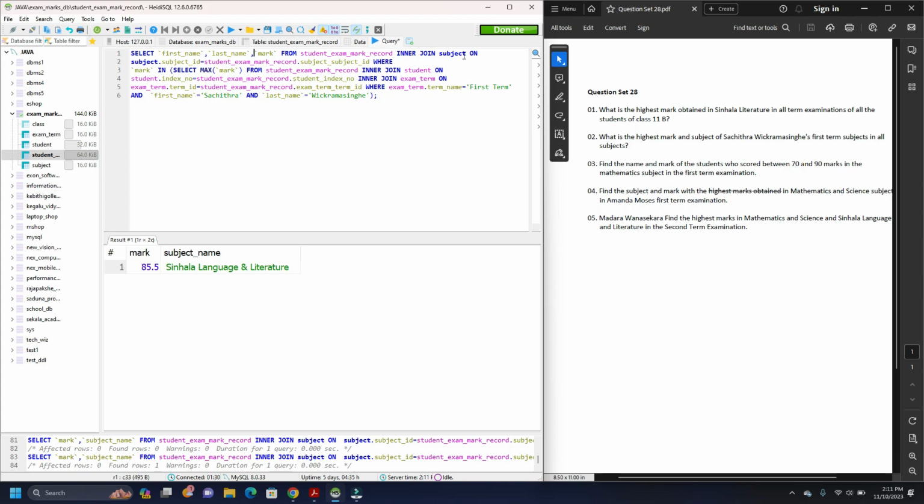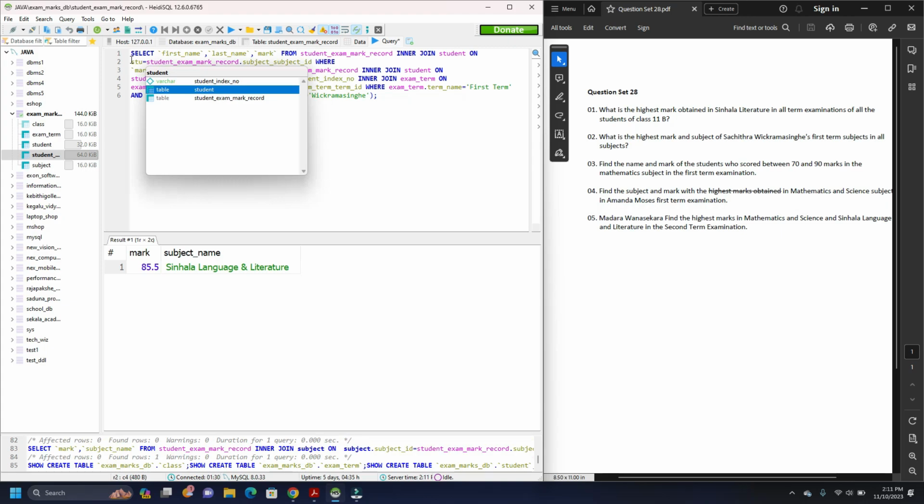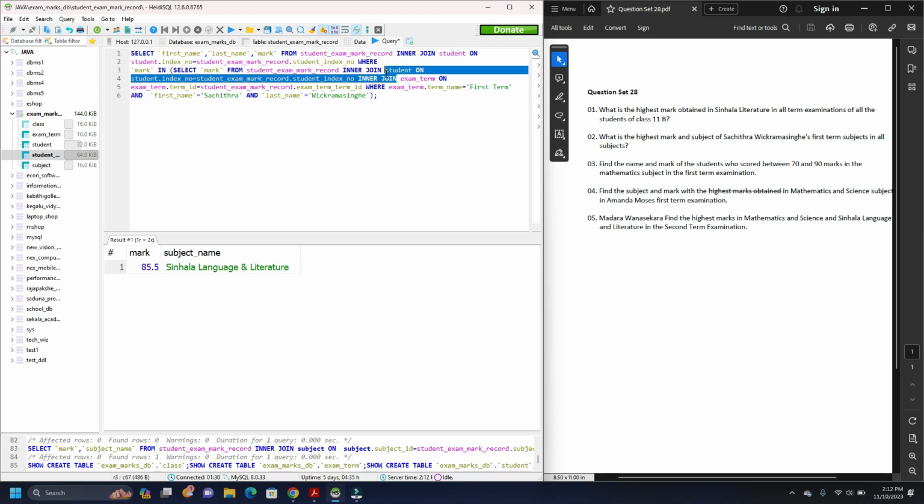So inner joining this table is student, where student dot index number equals student exam mark record dot student index number, where mark in, so selecting mark from student exam mark record, we don't have to inner join the student table,